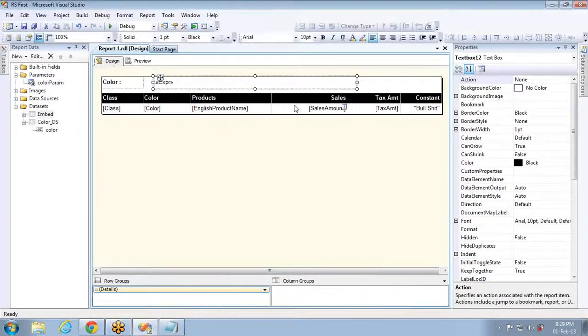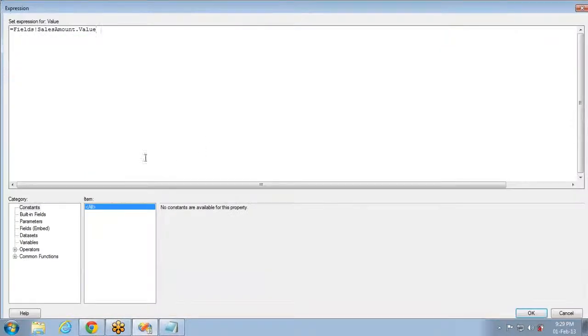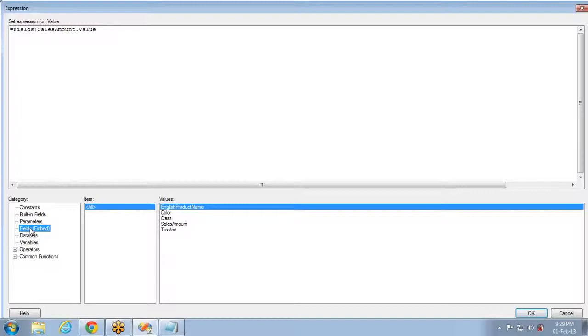Now let's see the next category that is available, and we will revisit the colors and all, how to set the properties to the colors using the expressions page, after finishing all the categories that are available. So the fourth category is fields. It's the straightforward one. The field selection is nothing but however you selected, right?